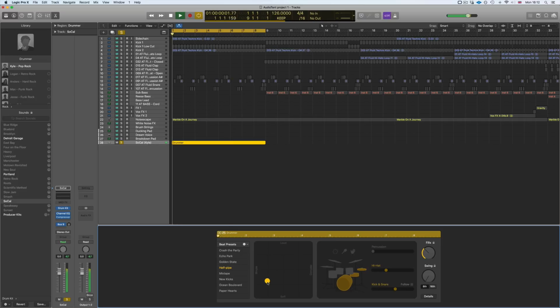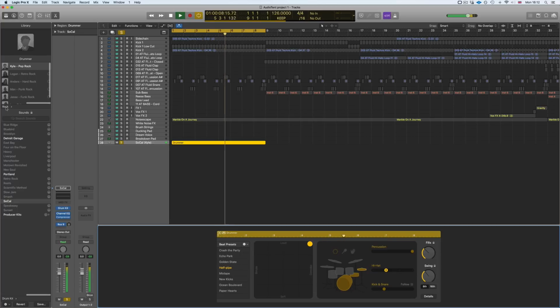So just to demonstrate, here we've got soft and simple. We can go to loud and complex, or anywhere in between. We can add different parts of percussion. We can add some swing.